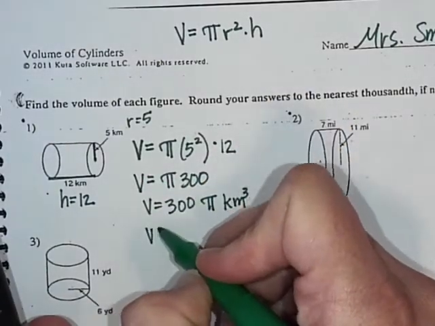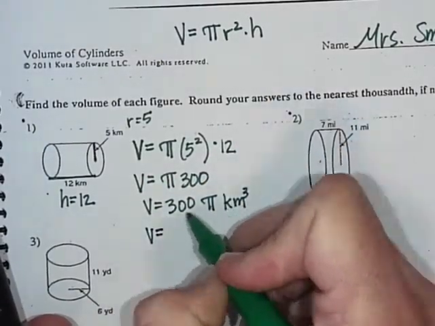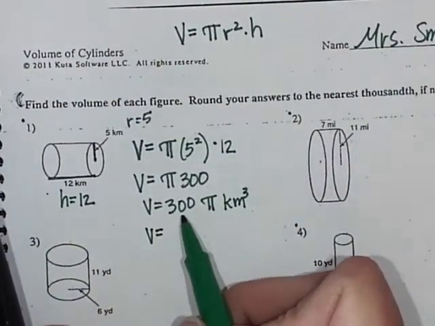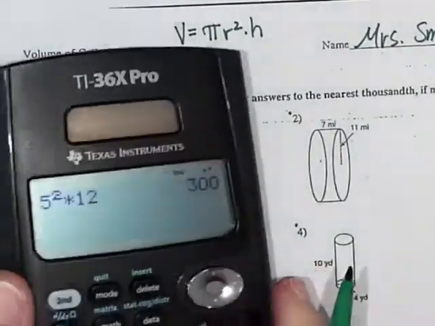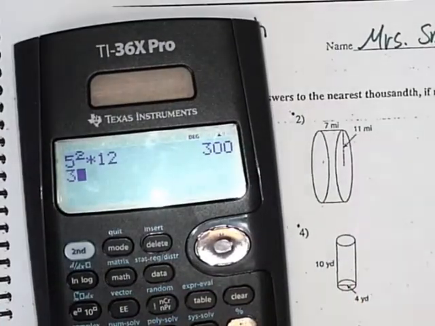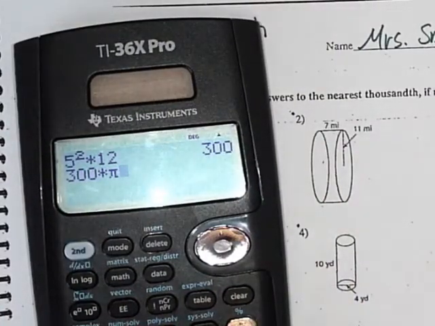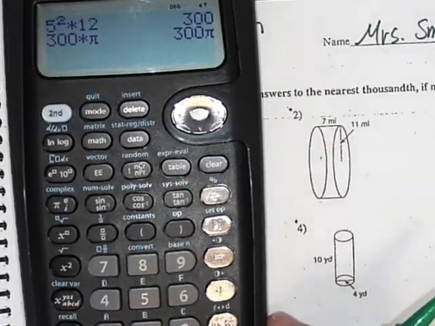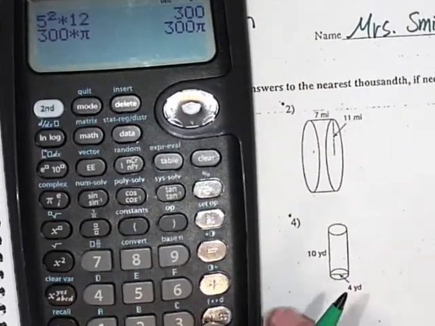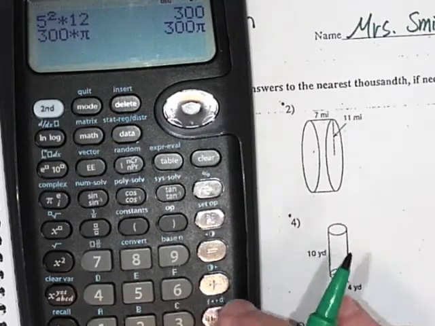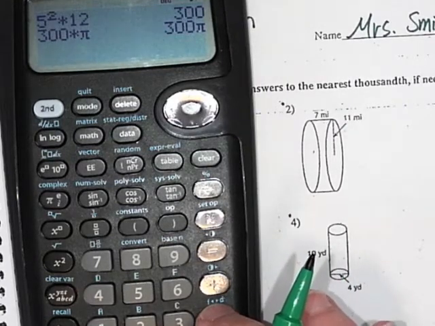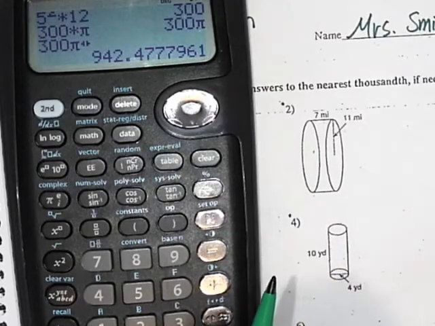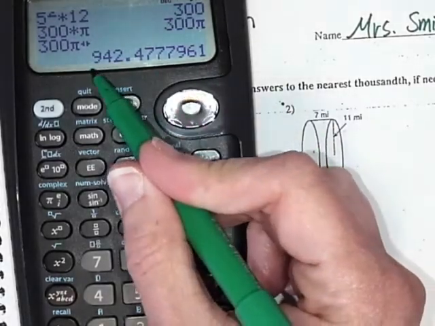The other answer is just going to give a number, not involve pi. So what we need to do is take 300 and multiply it by pi. Let's go ahead and use the pi button. 300 times pi. My calculator says that's 300 pi. Well, that's not a very helpful calculator. So we're going to go down here to that button that has the F and the arrow and then the D. Just push that button. And if your calculator is different, I apologize. Hopefully you can get it to give you a number. And that number is going to be